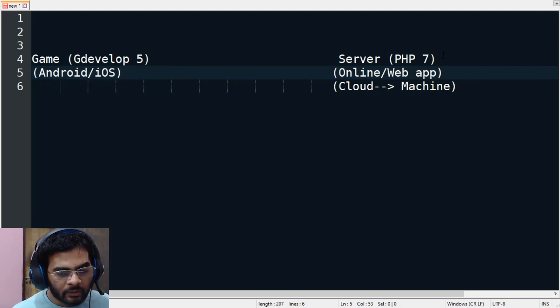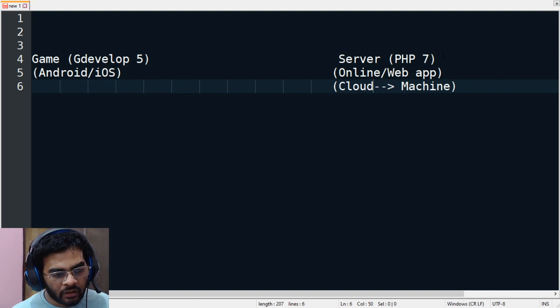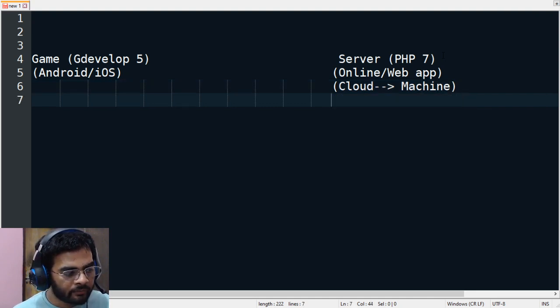These days we call it a web app. I mean, any code that is running online is called a web app, and it should also provide some interface to the user. That's called a web app technically, and it is online. That means that it is always connected to the internet. Anybody can access it by using its URL address. Cloud is just another computer, another machine, which is connected to the internet, which is most likely very powerful compared to what we use. It has more processing power, more RAM, more hard disk.